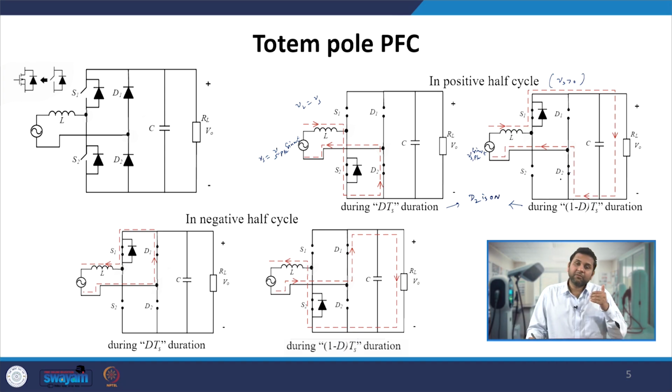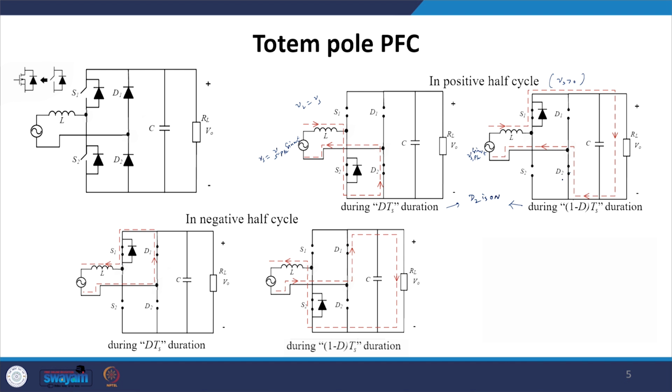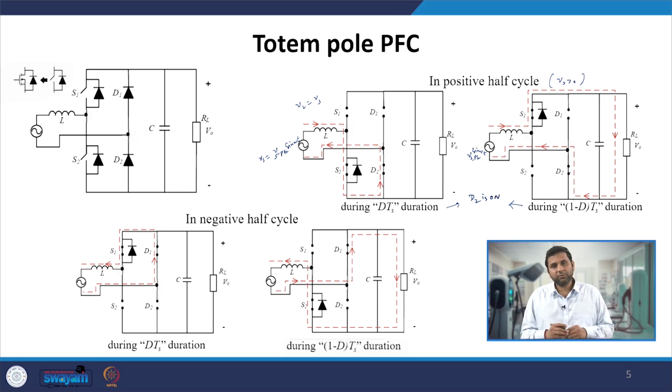That means it is working like in a full bridge rectifier, where the diodes are forward bias in one half cycle and allow current to pass through, and are off in the rest of the half cycle. So in here also it is the same thing, in positive half cycle D2 is on,